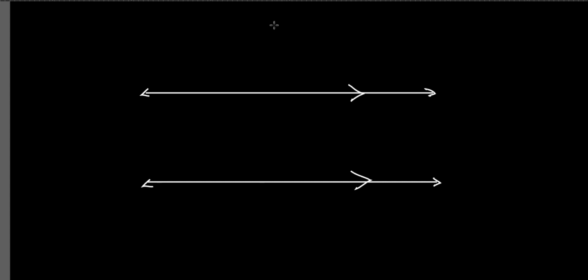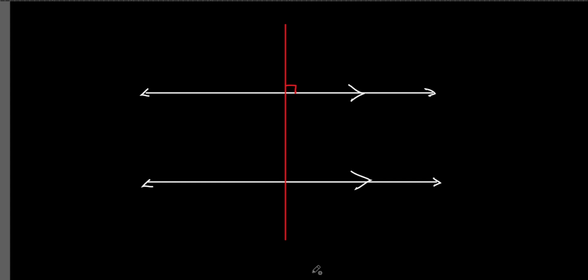Watch this. We learned this word yesterday. What is this word when it crosses two lines? It's a transversal, okay? So we have a transversal. Now, here's what the theorem says. It says, if a transversal is perpendicular to one of two parallel lines, so let's draw that. If this transversal is perpendicular to one of these parallel lines, so I could put a little right angle there,